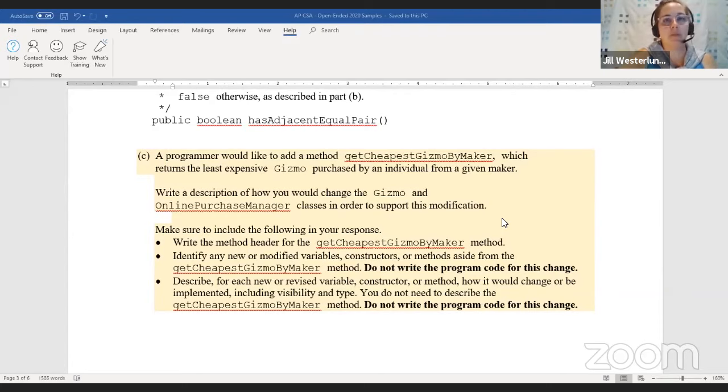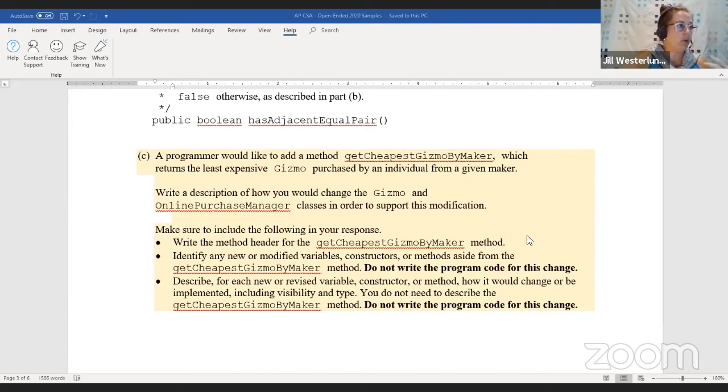So, and I know this may not be fresh on your mind, but part of what this question would cause you to have to look back and ponder is, do I have the things that I need to return the least expensive gizmo? Because in order to return that, I need to know how much a gizmo costs and be able to compare them to find the one that costs the least. So that's what you would have to look back at, the class item information that's given, and then similar information